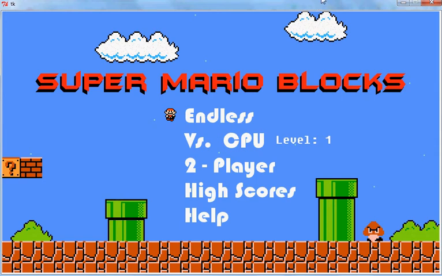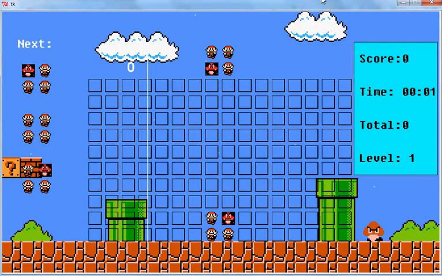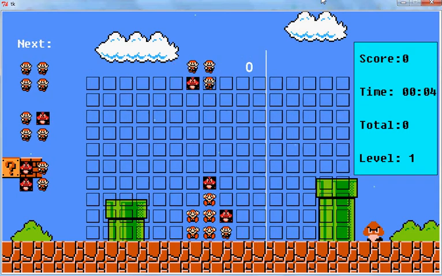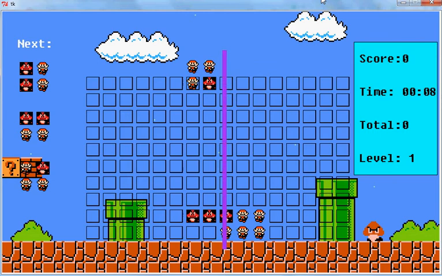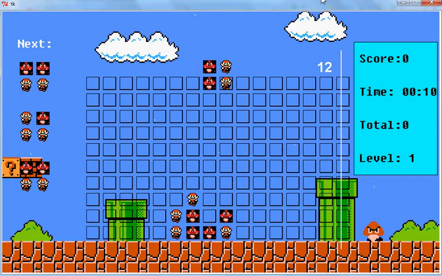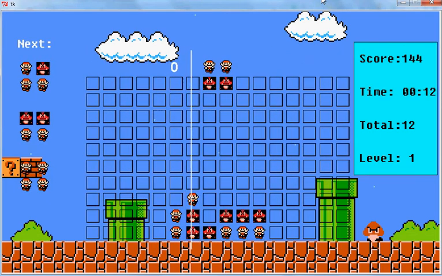Here's my demo of SuperMarioBlocks. For those of you who have played Luminous before, this is basically my Mario themed ripoff of this. But it's a puzzle game, and what you're trying to do is clear blocks by setting them up in squares of identical images. So you're basically making squares and rectangles and just these regions of clearable shapes that get cleared